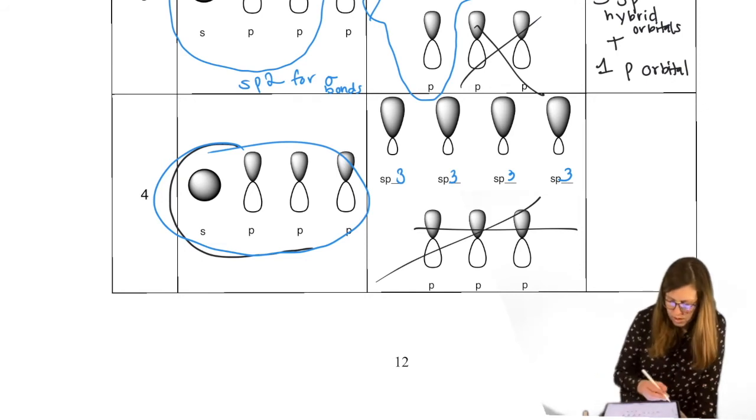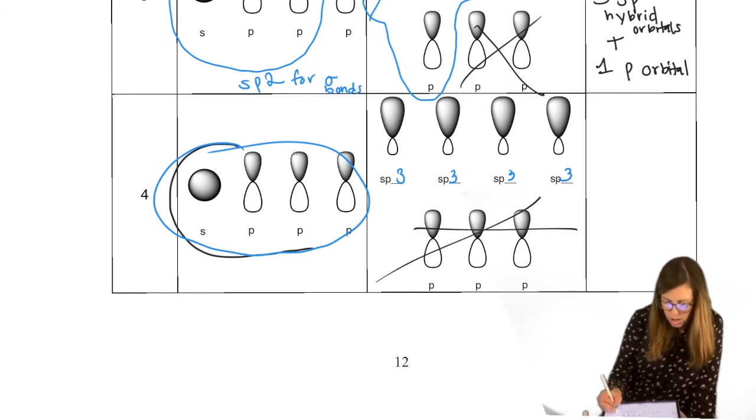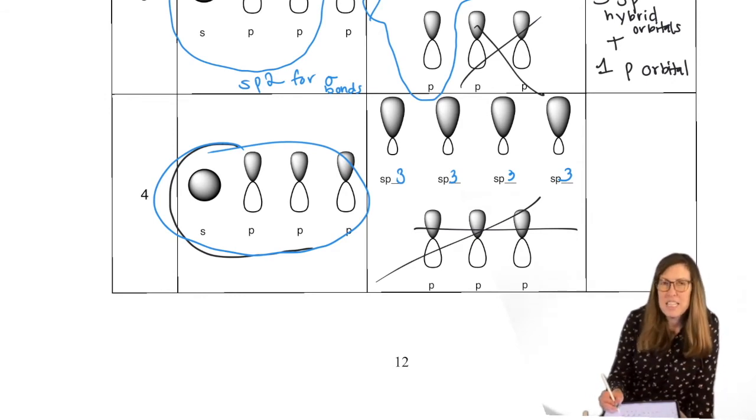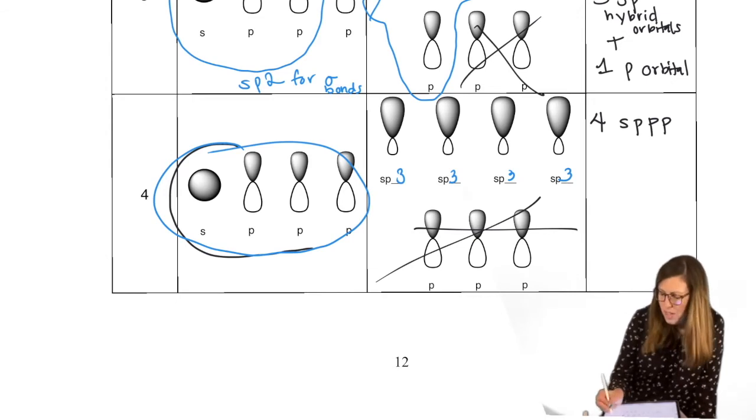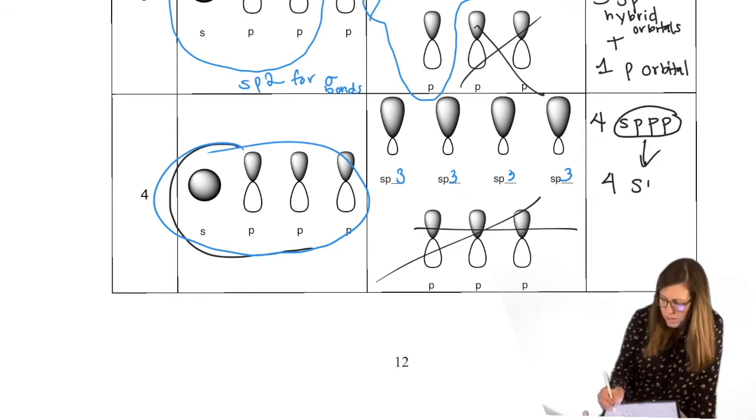So let's summarize that. If you don't have beautifully drawn orbitals from a computer program like you do on this page, how do you work it out? You approach a problem, you say, I need to make 4 bonds. How do I work out its hybridization? Well, 4 bonds has these s, p, p, p to choose from. That means it needs all 4 of those orbitals. When I add that up, I get 4 different sp3 hybrid orbitals for my sigma bonds.